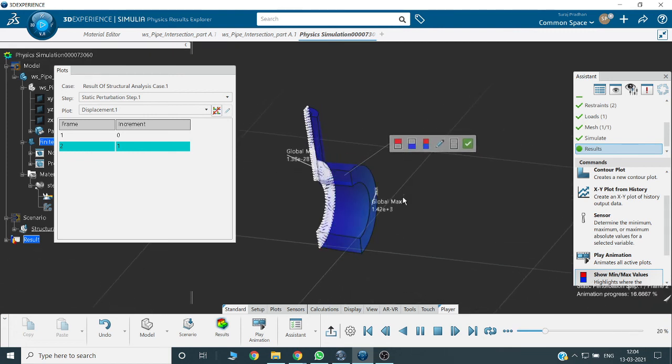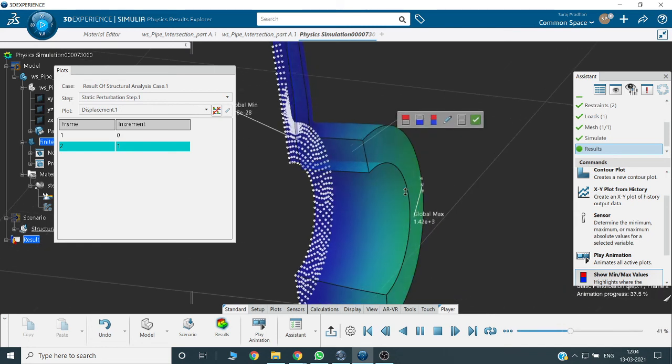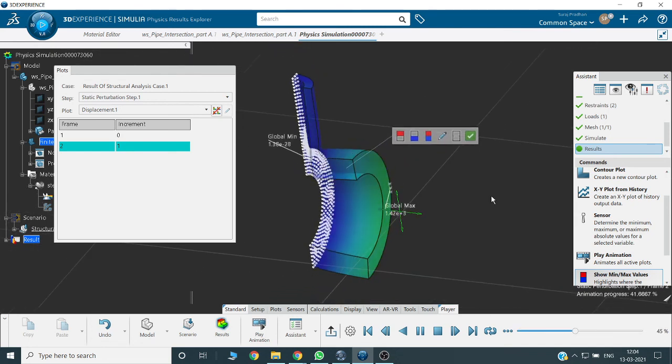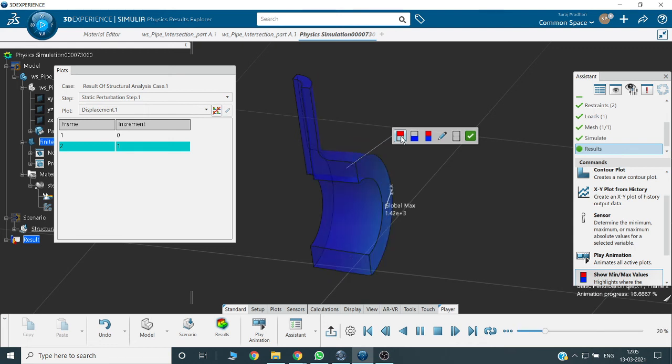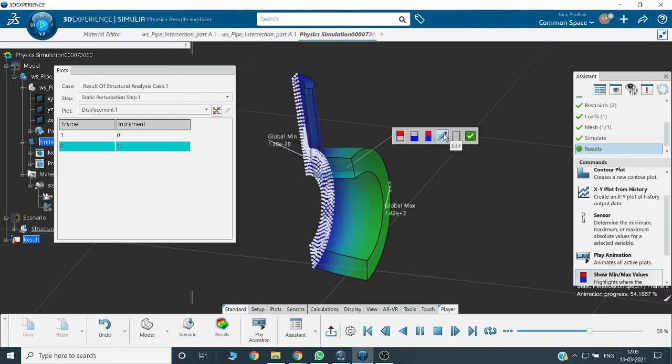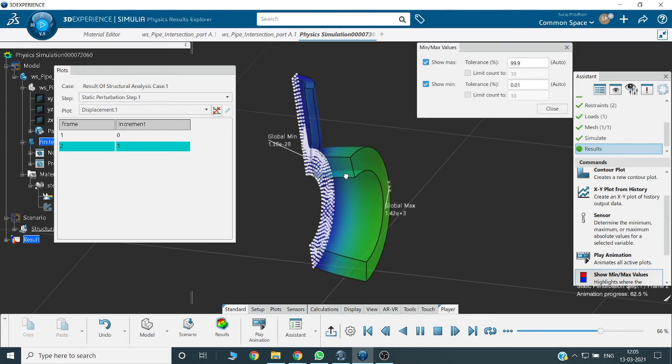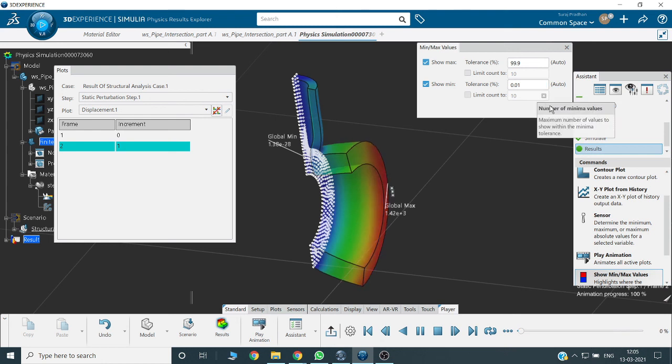So the maximum and minimum value of the displacement, here only the minimum value, here only the maximum global value, and here both. And this is for editing the maximum and minimum count.